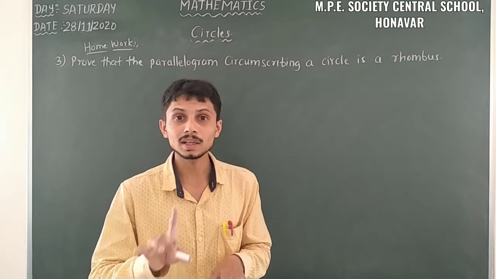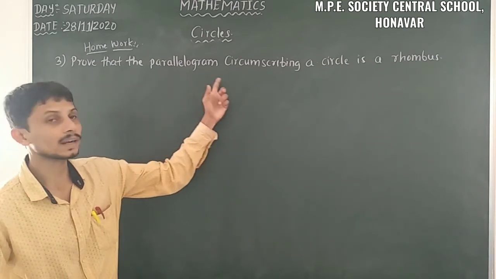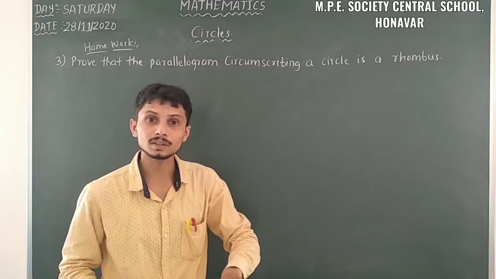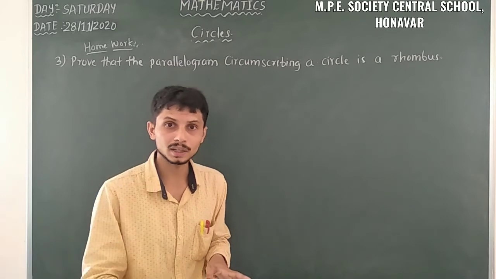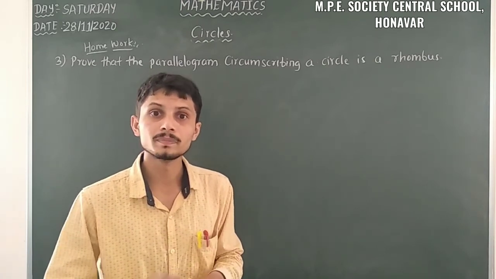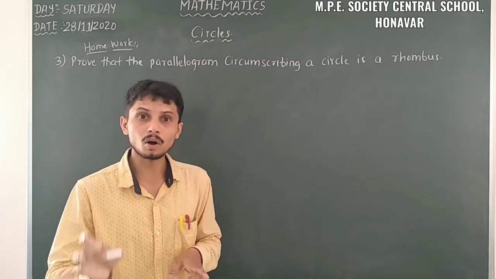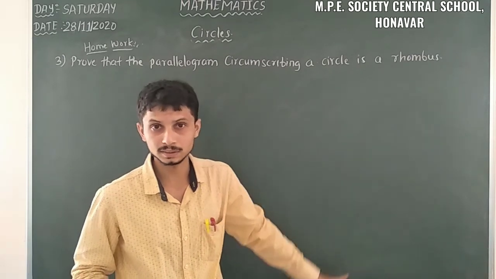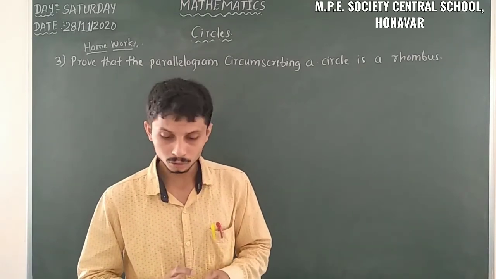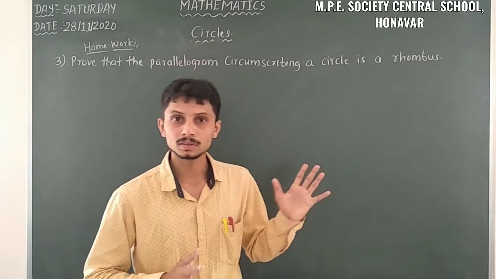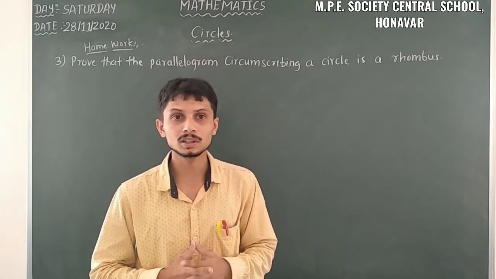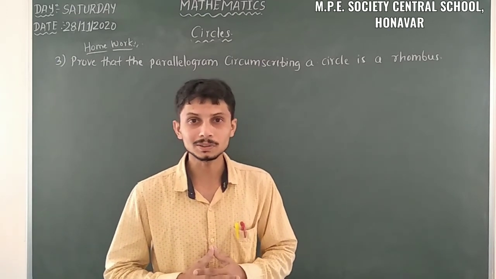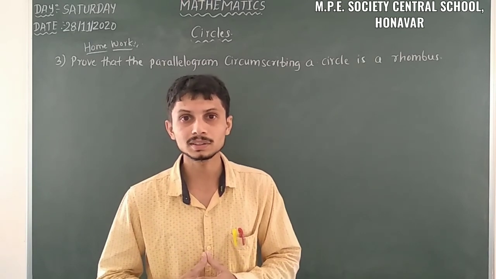In that you have to use the relationship that because it's a parallelogram, the opposite sides are equal. You insert that equality into the equation, and then you can get all the sides equal. Only when all the sides are equal can you consider it a rhombus; otherwise we can't. So try to solve that problem at home, and also study all the other problems in the circles chapter. I hope you understood this chapter, and I will conclude it here.